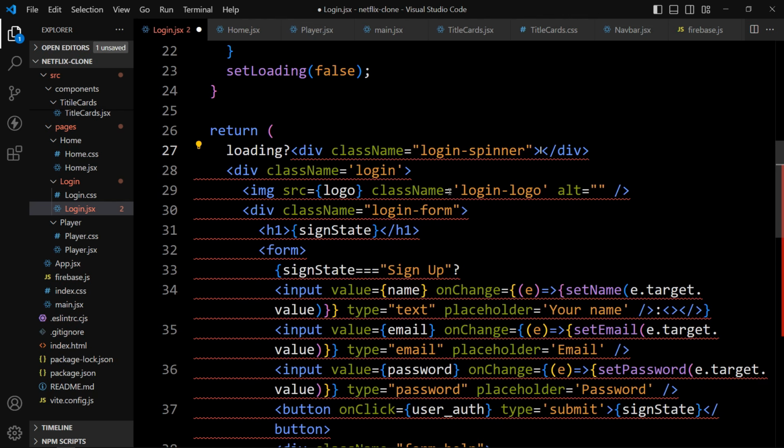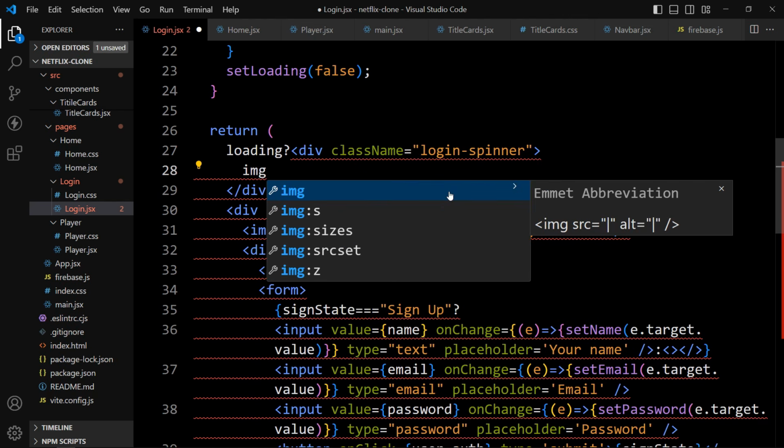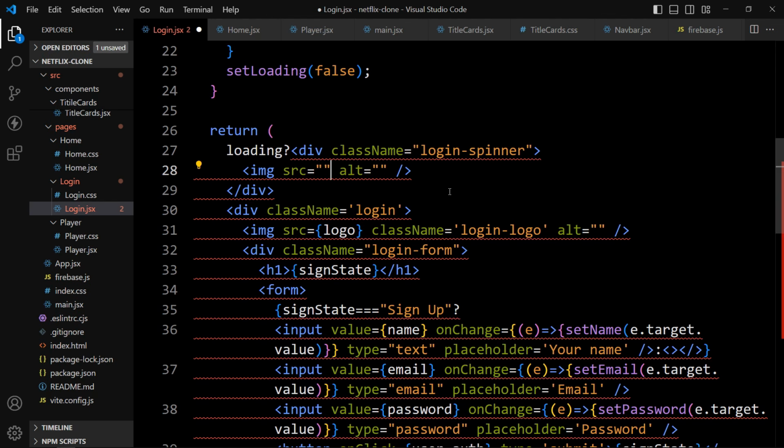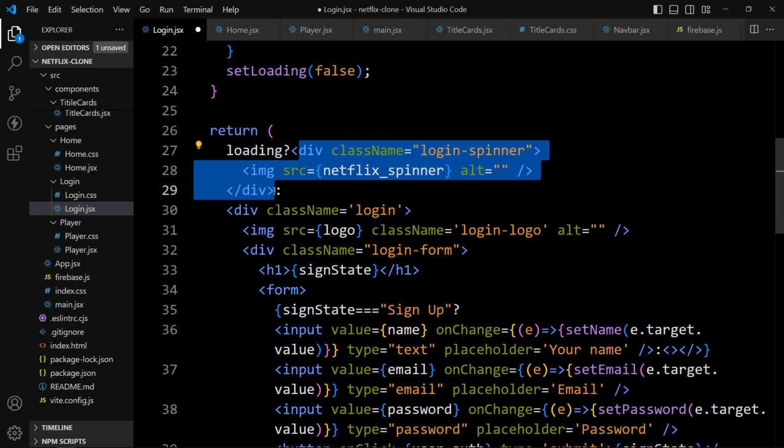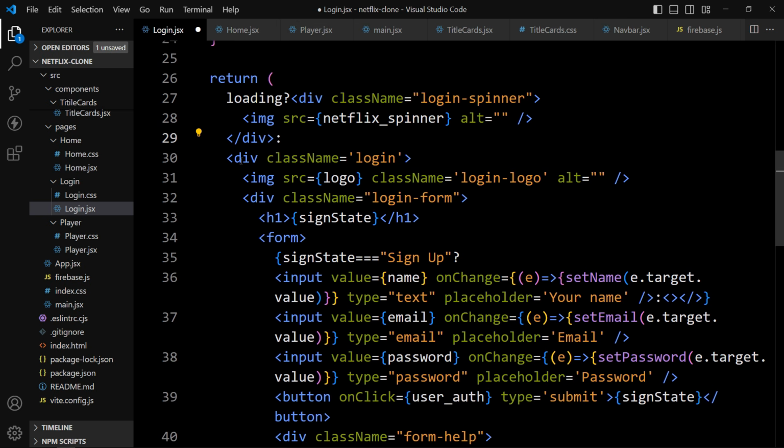And in this one, we will add the img. And here we will provide the image, that is Netflix spinner. And after this div, which is closing here, we will add semicolon like this. So if the loading is true, then in that case, this div will be displayed on the web page. If the loading is false, then this login page will be displayed.